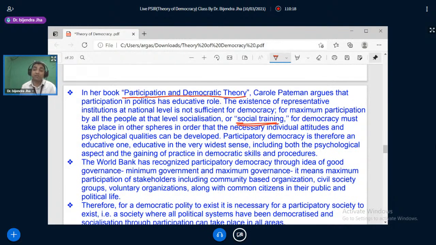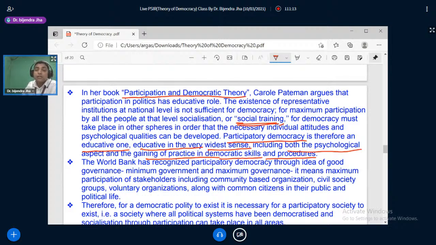So representative democracy is not sufficient. It is only maximum participation at each level of government that gives you social training for democracy. This participation should take place at every layer of the government. Therefore, participatory democracy is an educative one, educative in the widest sense, including both psychological education and gaining practice in democratic skills and procedures. पार्टिसिपेशन हमें क्या करता है? हमें साइकोलॉजिकली भी मजबूत बनाता है, राइट? और हमें वो बहुत कुछ सिखाता है जो डेमोक्रेटिक प्रैक्टिसेस में चल रही है, and that's why this participation is